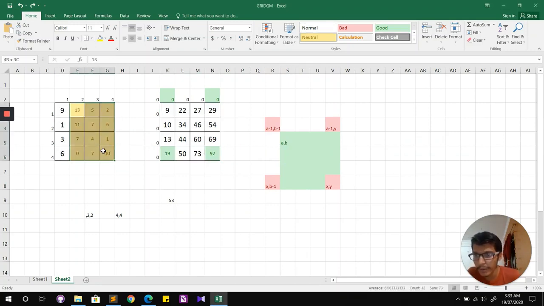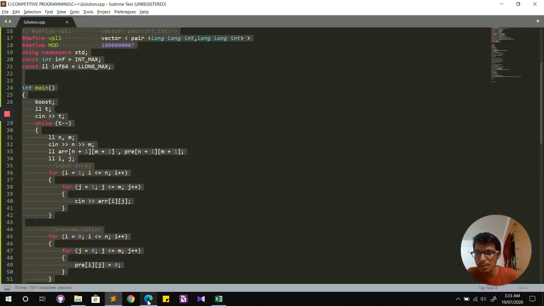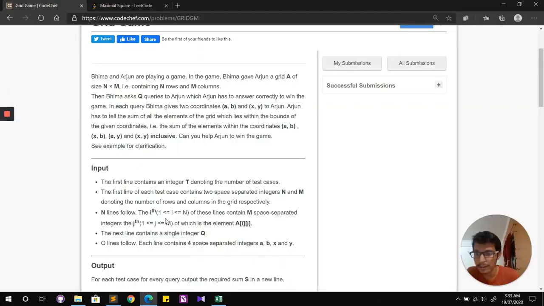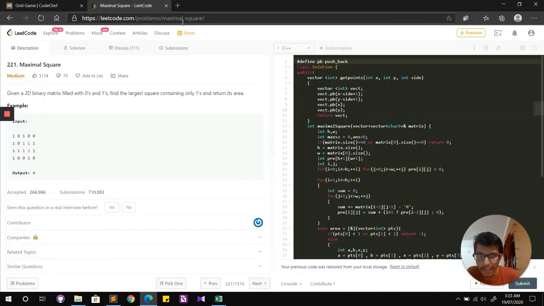In fact, before ending my video, I'd like to tell you about one more question which involves a similar concept. You can find it on LeetCode by the name of Maximal Square. It's a simple question again: given a 2D binary matrix, find the largest square containing only ones. You can solve this question again by a similar method.